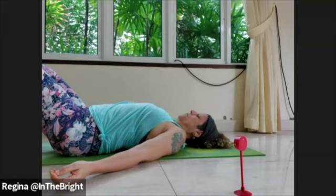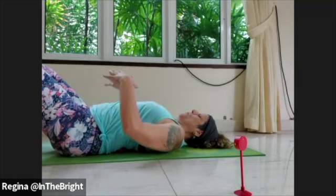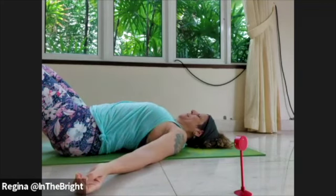A few more breaths here. So it can be intense. So see if you can just allow the body to relax into gravity. Then if you're just pouring yourself on,